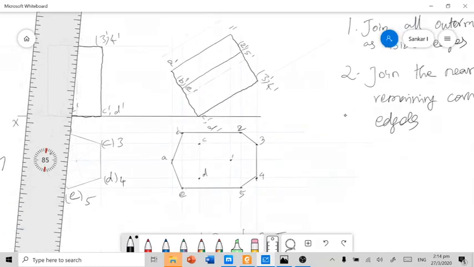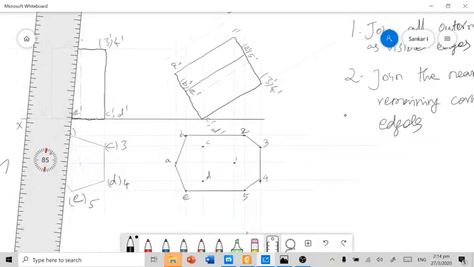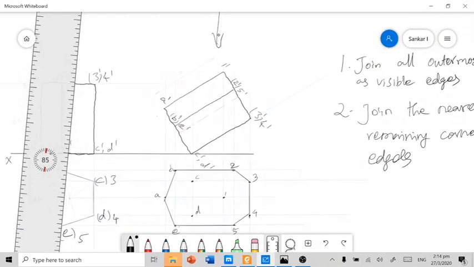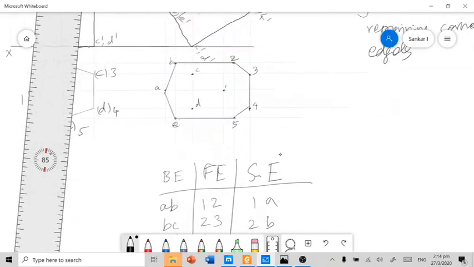See here, in this lateral view, when you look from the top, the nearest face of the solid is this one. Here already we connected 2, 3, 3, 4 and 4, 5.